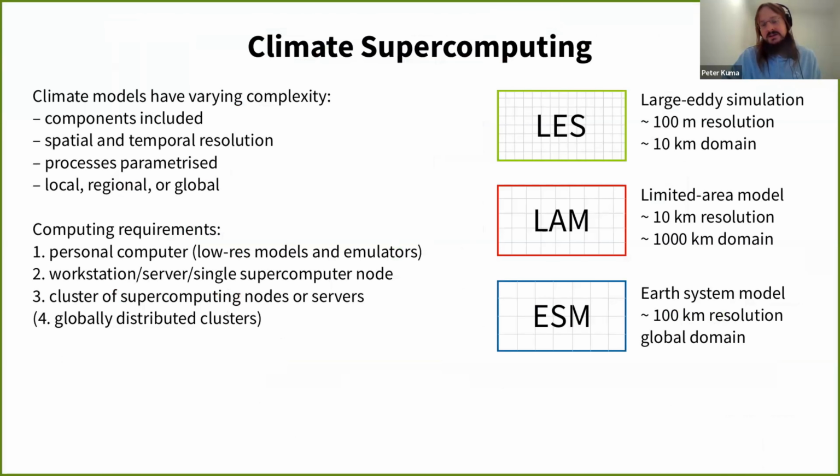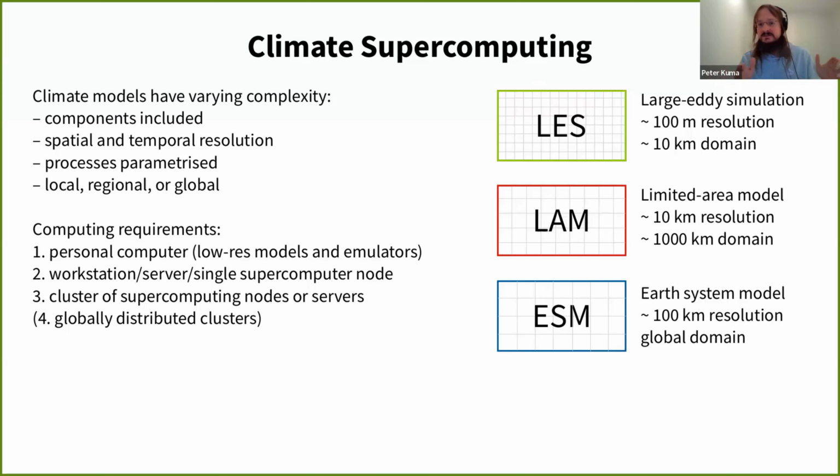In terms of climate modeling, can that be done in different ways? The main one is related to the resolution and how many processes are included in the climate model, and whether it's local or whether it's a global climate model. So normally what's used for climate projections today is called ESMs, which are Earth system models, and they have a resolution of about 100 kilometers horizontally. But there are some higher resolution ones. One is called LAM, which is a limited area model, which means we just want to maybe simulate a certain region, like let's say Europe.